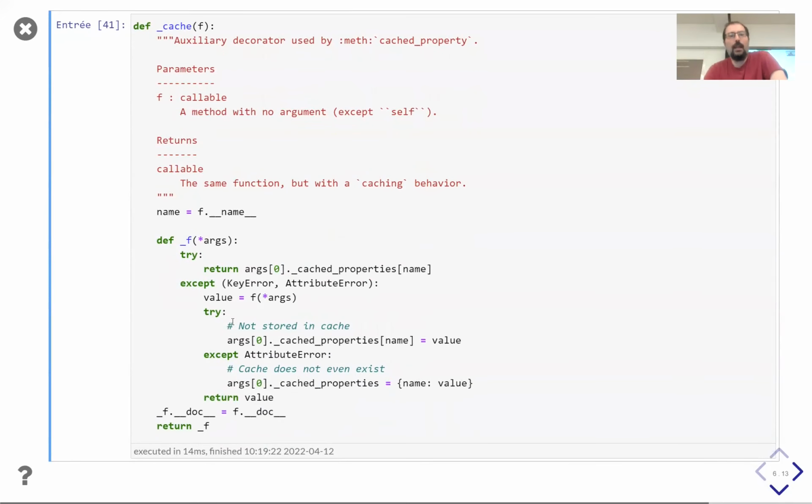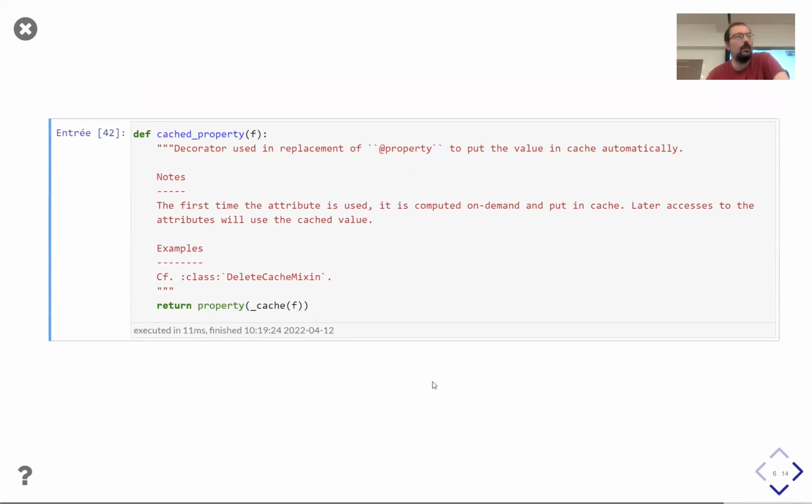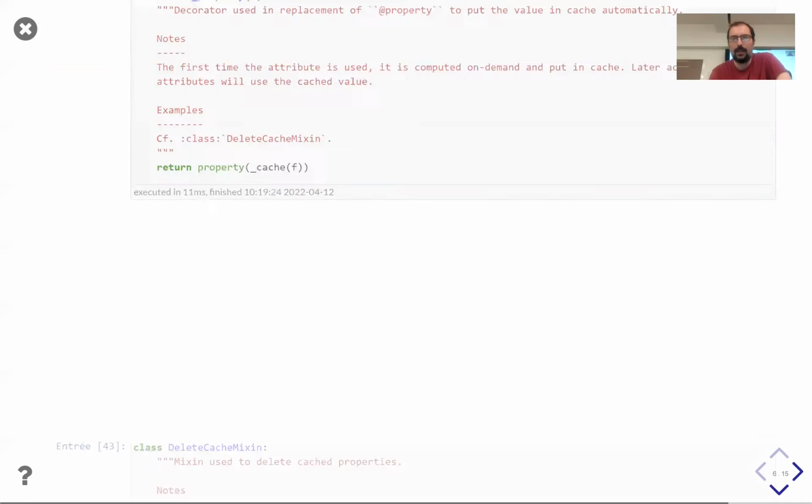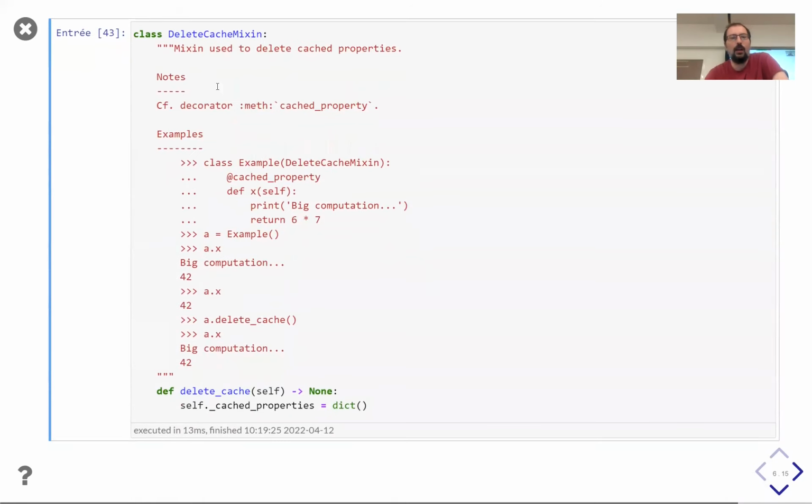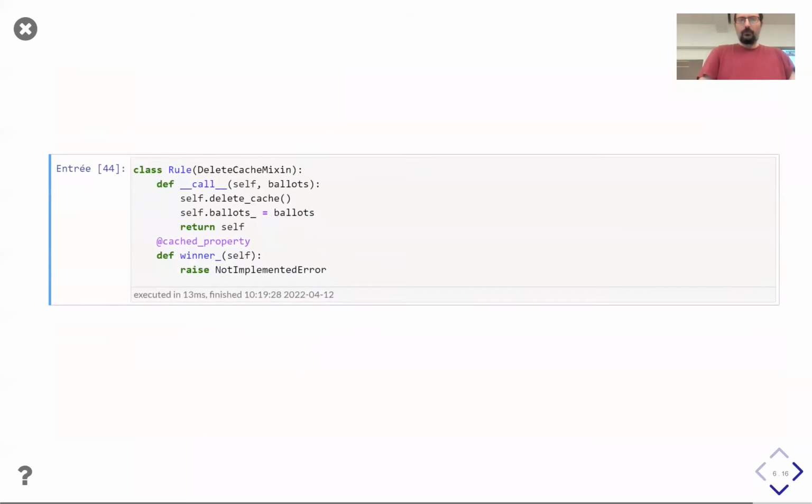But essentially, I heavily rely on the implementation of cache properties. So this is it here. At that time, it was not in functools, by the way, but the implementation is slightly different. In particular, I have this mixin that allows me to delete all the cache of an object when I want to, and it's useful for me.